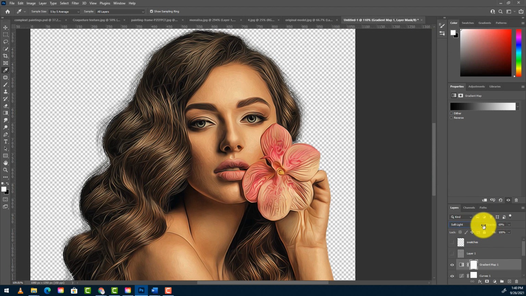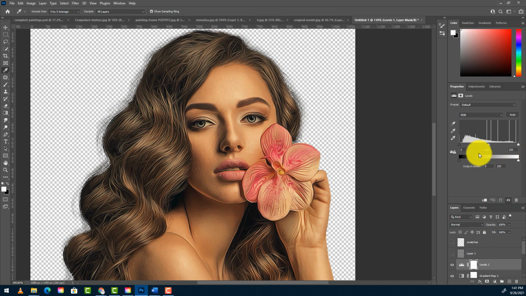Take that opacity down. Okay, there we go. And we can determine if we need a levels. I think the curves kind of did it, but we can always just see if we